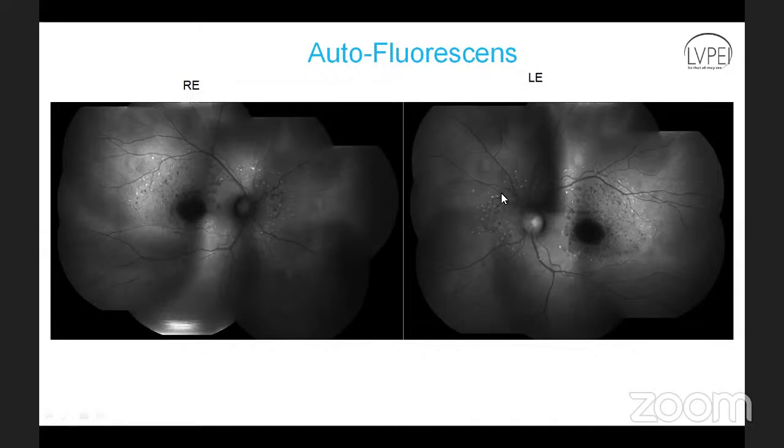What happens in Stargardt disease, the typical or sine qua non, is the presence of retinal flecks. Retinal flecks are nothing but accumulation of lipofuscin in the retinal pigment epithelium. I told you it is the lipofuscin in the retinal pigment epithelium which imparts the fluorescence. That is why you see those hyperautofluorescent spots, which correspond to the retinal flecks of the fundus photography. And you see a few hypo and hyper flecks also. Why is it that the flecks are normally known to be hyper, yet a few are hypo and a few are hyper?